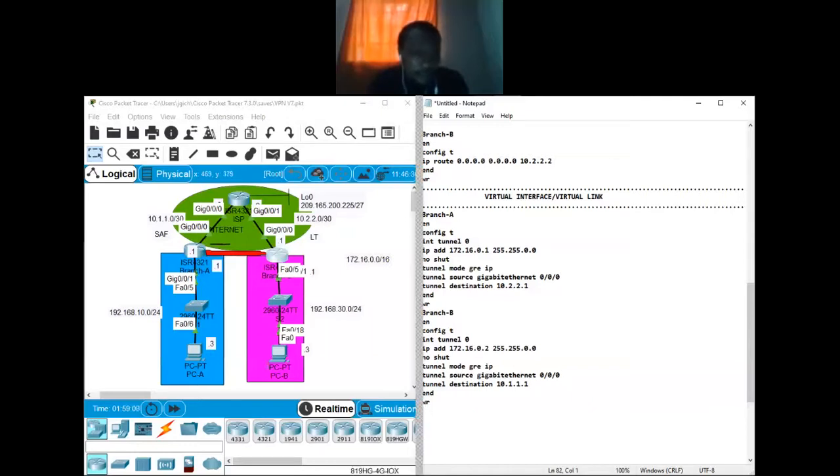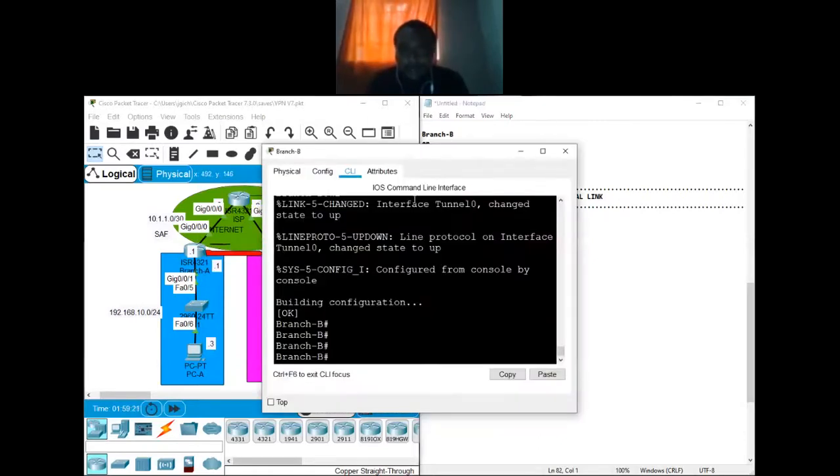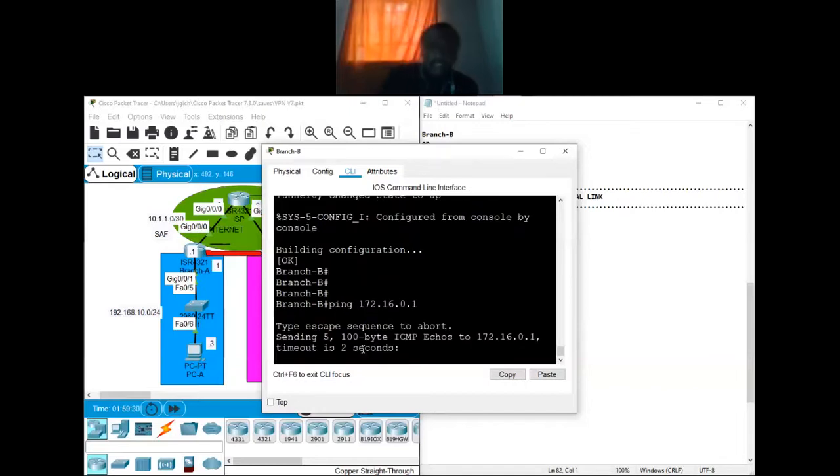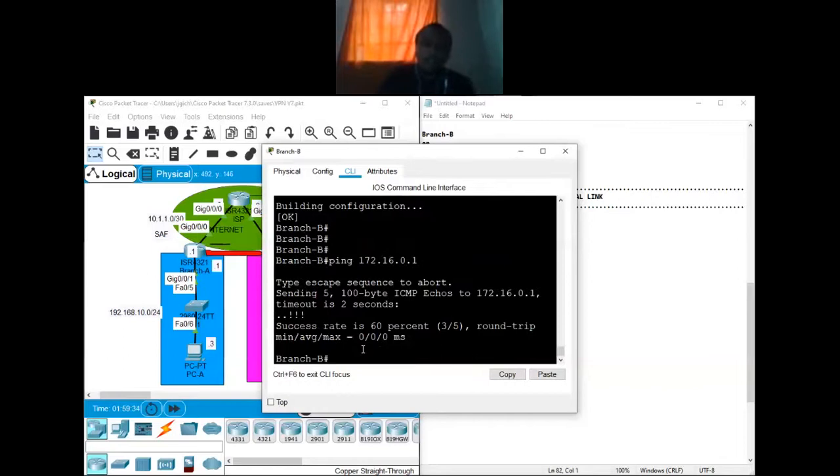Remember, we couldn't ping from PC boy to ISP, but we created an internet connection to the ISP. So now we need to check if our virtual interface is working. We can start from PC boy. From PC boy, we can ping the virtual interface on 172.16.0.1. So you're pinging the virtual interface on the other side, so that you see we were able to create a link over the internet between our branches.